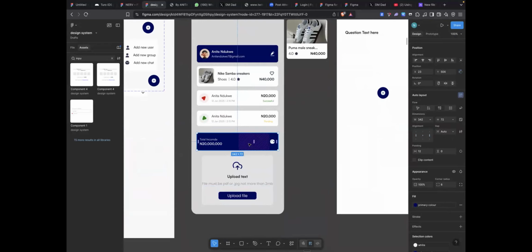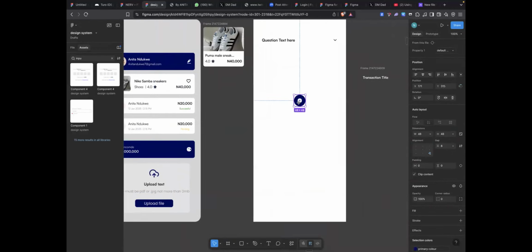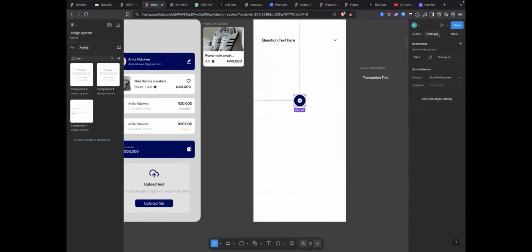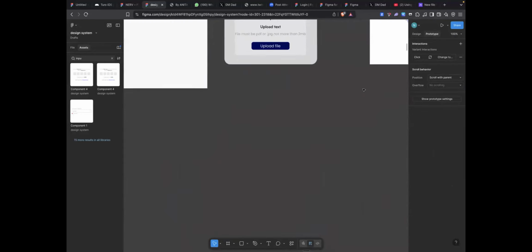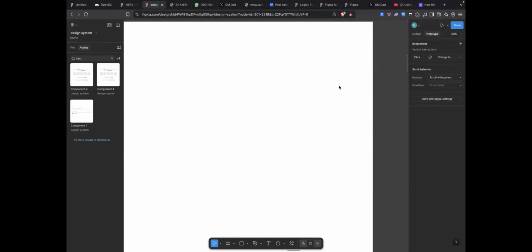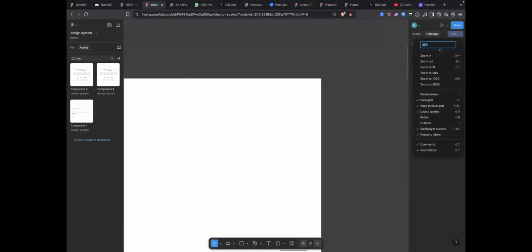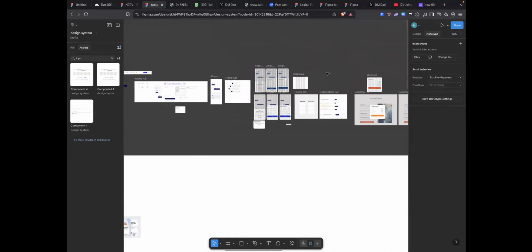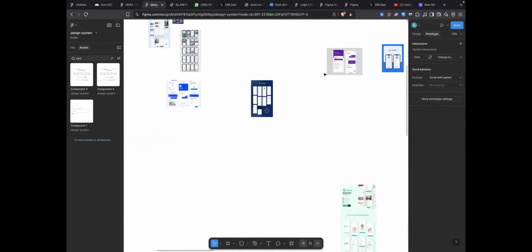I won't actually say it's a standard design system, but it has almost everything I need for a design system. So let me see if my prototype works. I don't know if it's working. I'm trying to see if some of the things can work because I'm having serious network issues.